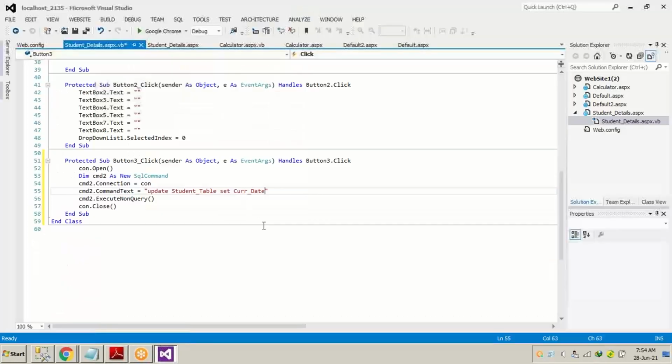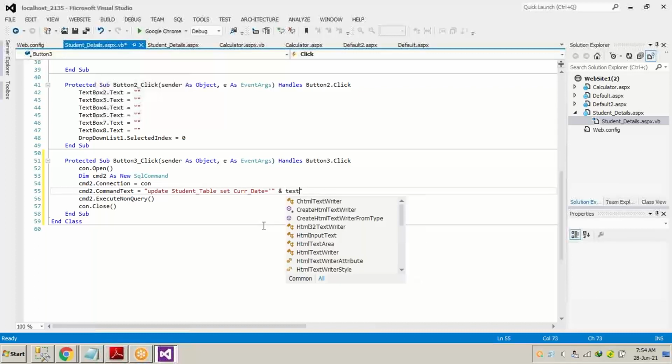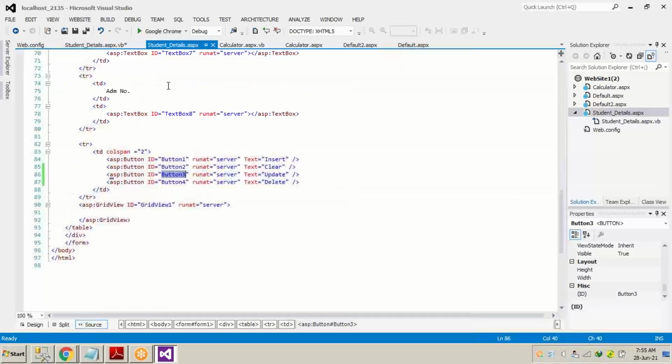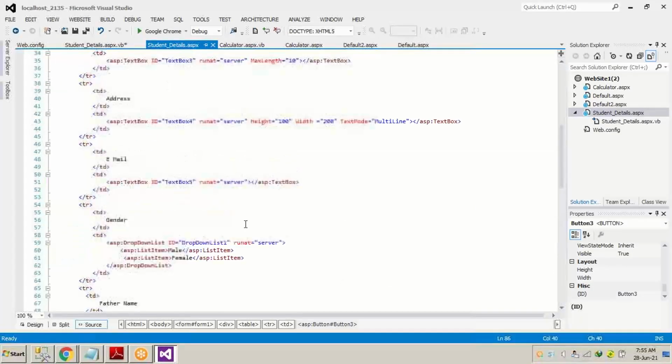We will paste it over here, equals to text box 1.text. This is the syntax. Let me check whether the date is 1. Okay, student name is 2.